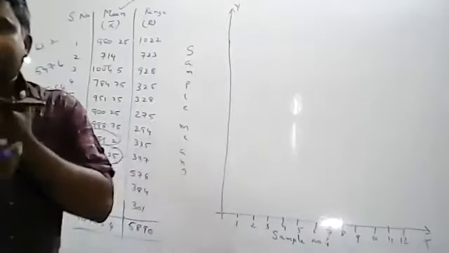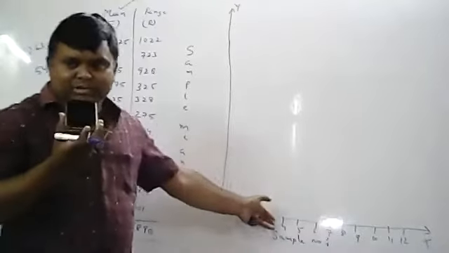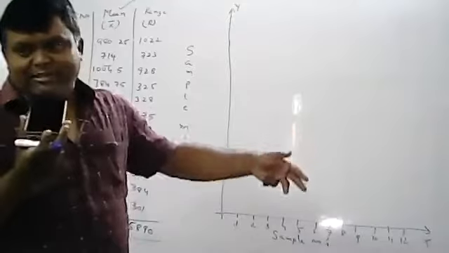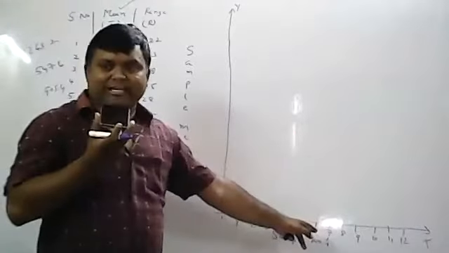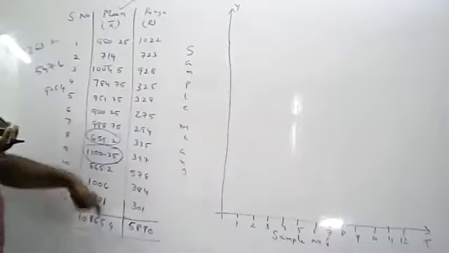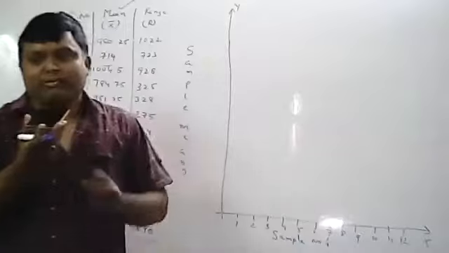Suppose if sample numbers are 20, then you can take odd numbers or even numbers. If sample numbers are 12, you can consider all. Sometimes sample numbers are 20, 15, 18, 25 like that. Then you can take odd numbers or even numbers, but you have to plot all the points. But in this case, no problem. Only 12 sample numbers are there. I am taking 12 sample numbers.